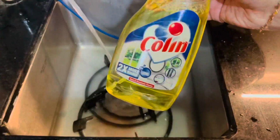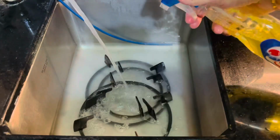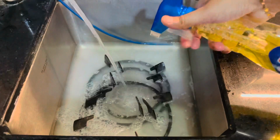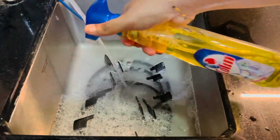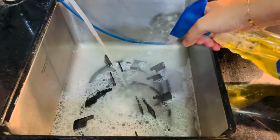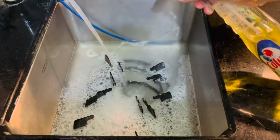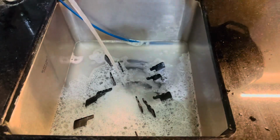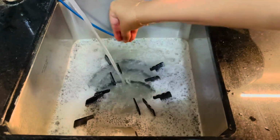Let it completely soak in that particular water and add some dishwashing soap. Although this bottle is of Colin, we have water and dishwasher soap added into this, so I'll just spray it across, and we have to keep it for 10 or 15 minutes. Again, this particular solution will do the same sort of work, but